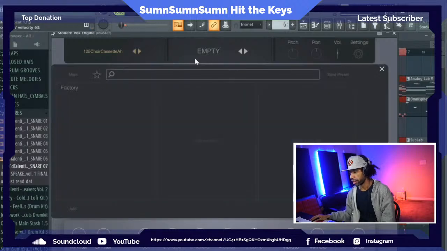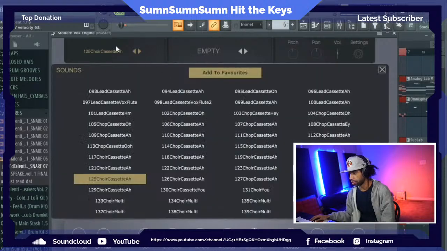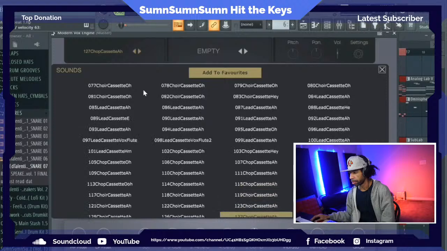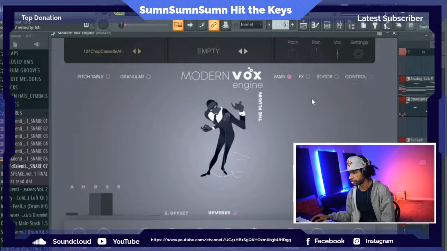But I feel like what really shines in this one are like this. Seeing how it's been loading up. Weird.